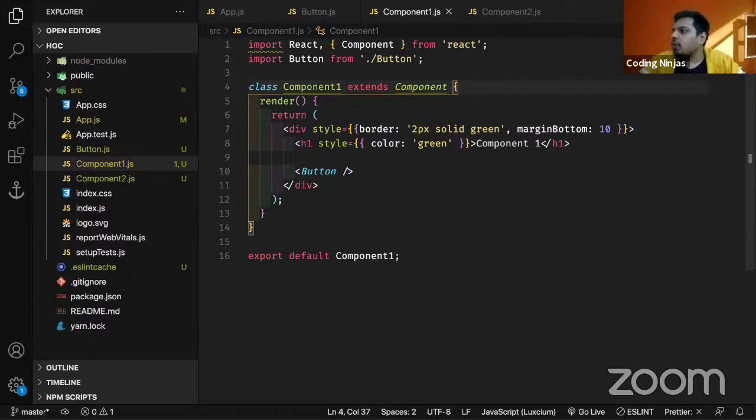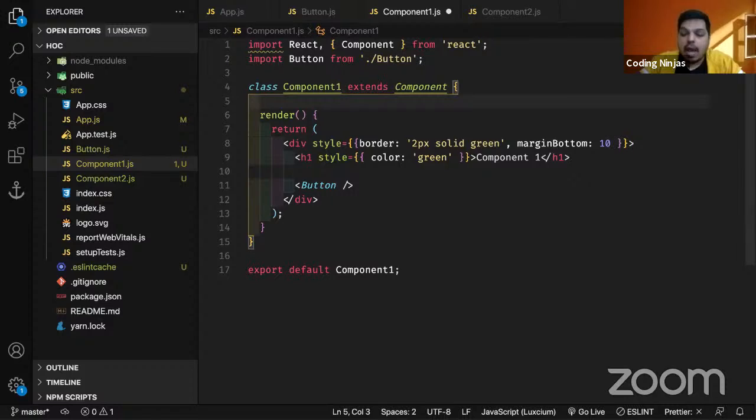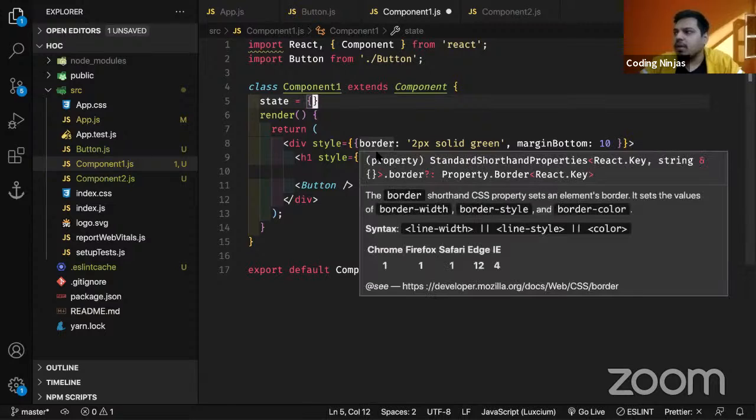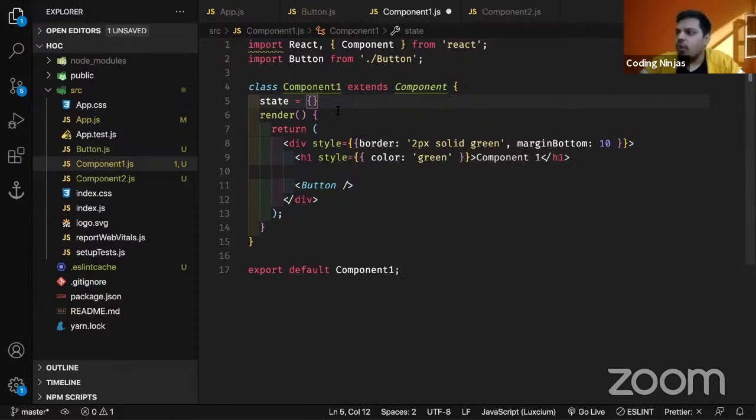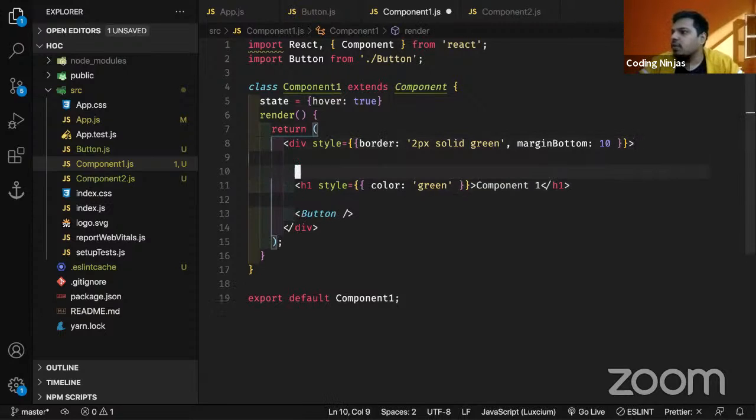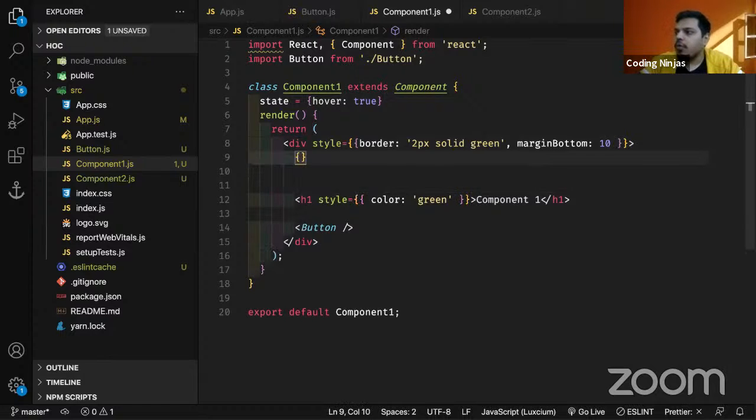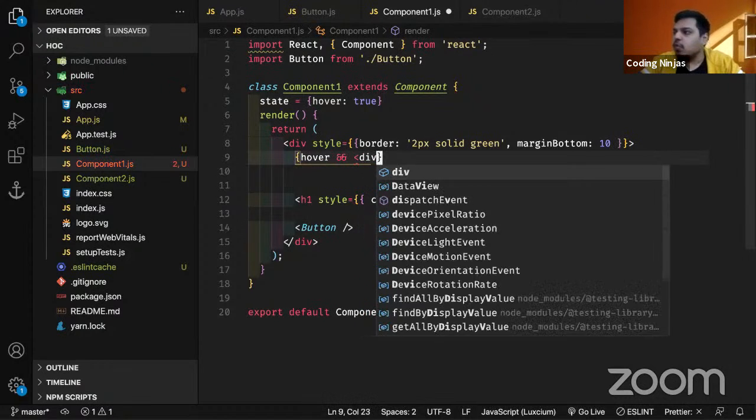So I will have a state, obviously. Let's show it on hover. When I hover over the button, I'll show the warning as well. So I'll have hover, this is my state. If hover is true, then we'll show the warning. If not, then we will not show the warning, right? So let's make it here only. If hover equals true, I want to show this warning,